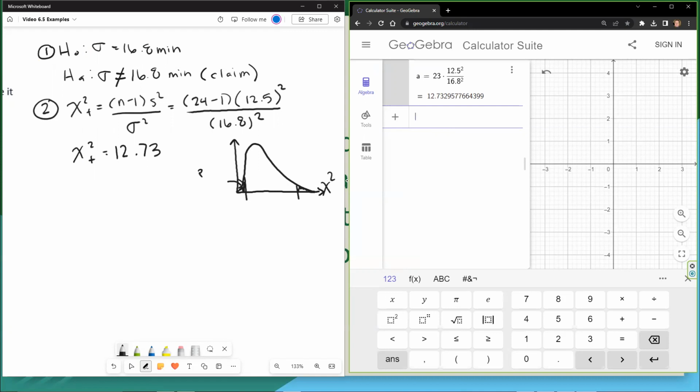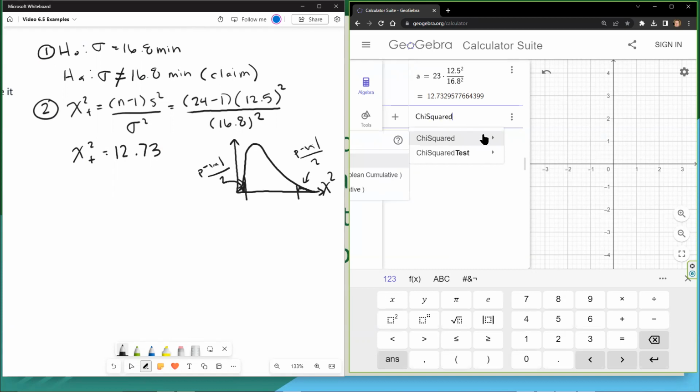This is going to be p-val over 2, and this is going to be p-val over 2. And then I don't know whether my 12.73 is here or here. So I'm going to run two calculations and I'm looking for the smaller answer. So chi squared